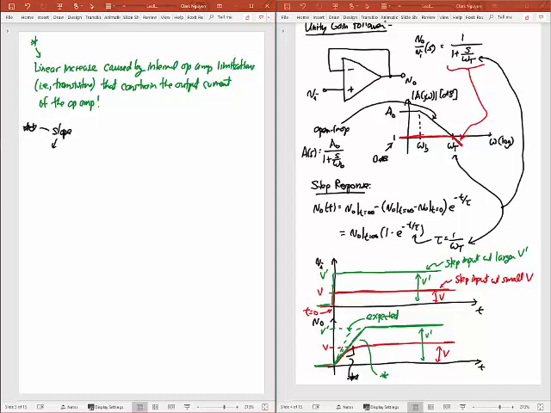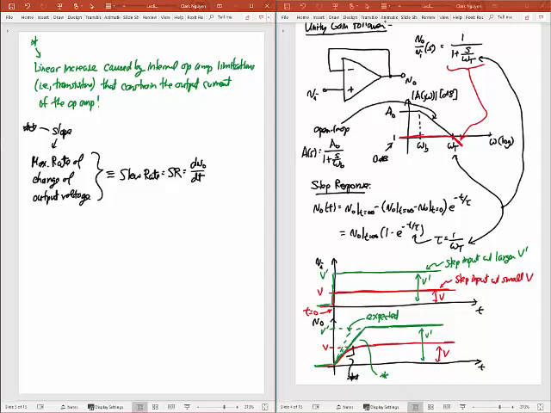The slope gives me the maximum rate of change of the output voltage, and that's what we call the slew rate. We'll abbreviate that SR. Okay, and if I wanted to write an equation for it, it's basically dV_o/dt,